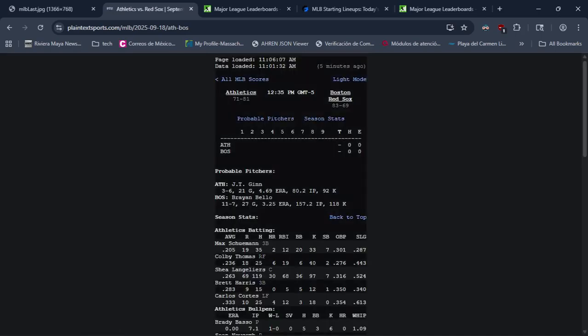JT Ginn, who I looked at. They're about even in terms of recent performance, last 3 starts. So that's a little thing to check out. I would check out first inning, and I would actually call these, write your own lines as well as the other suggestion. I would call Athletics a minus 135 on this. So there's your edge as well.